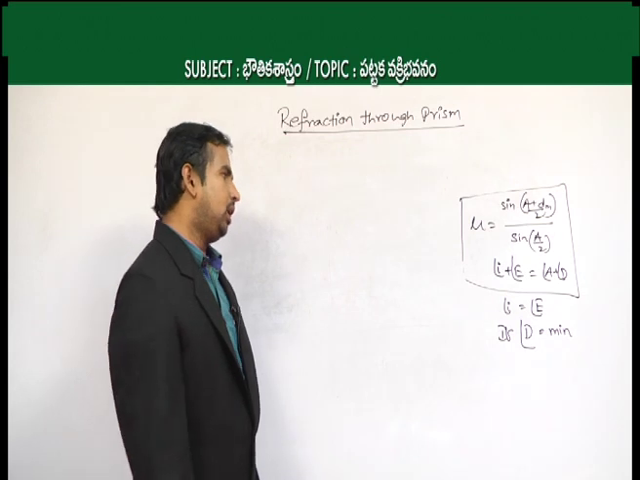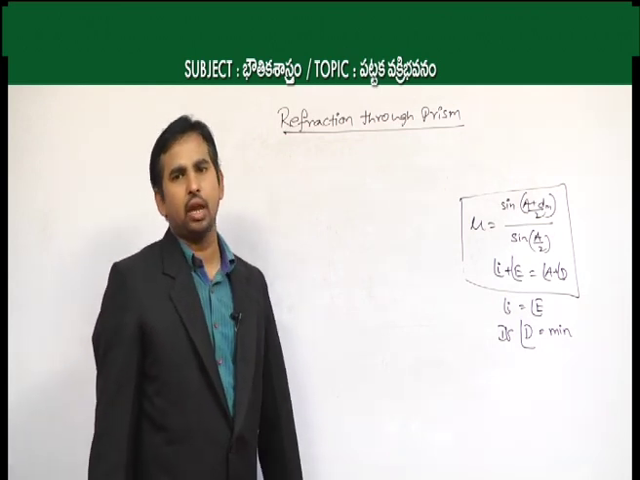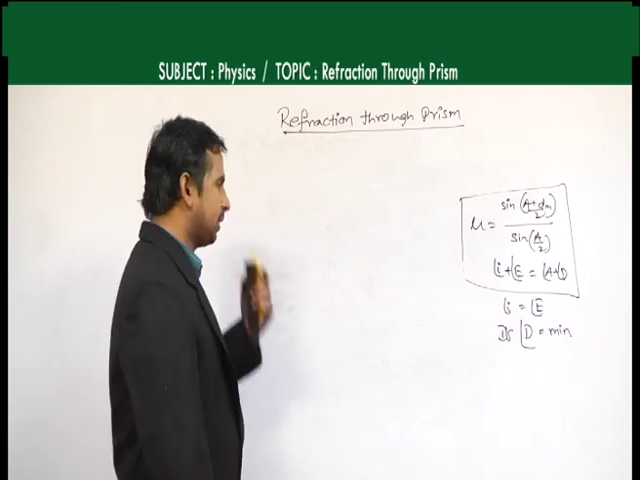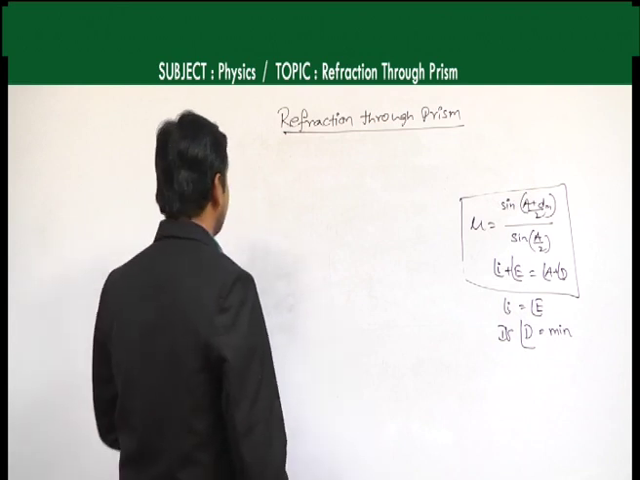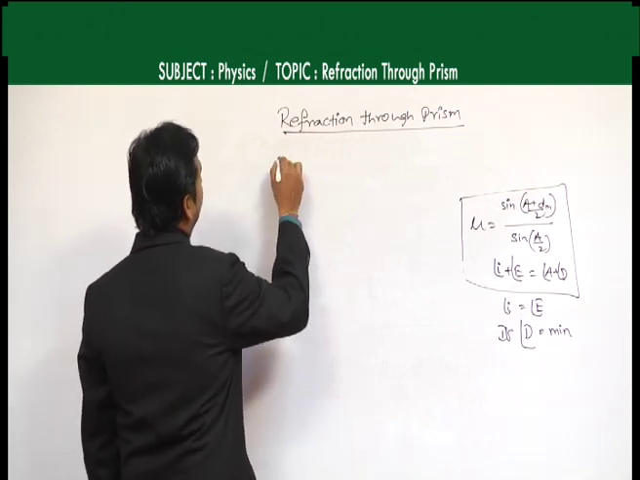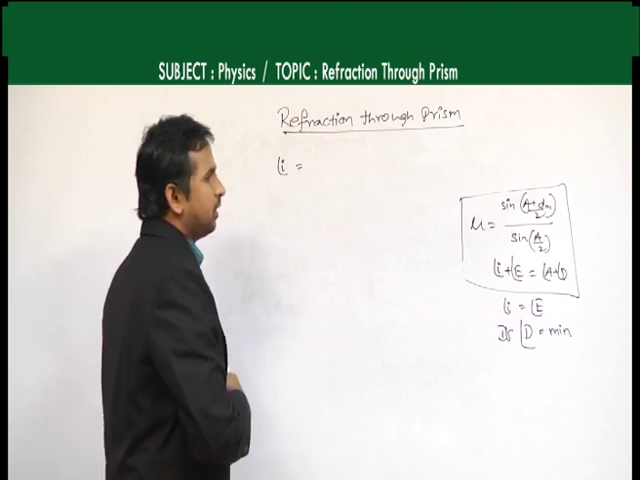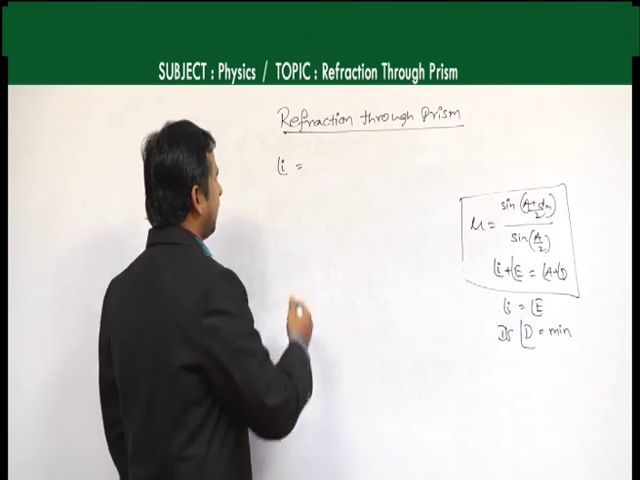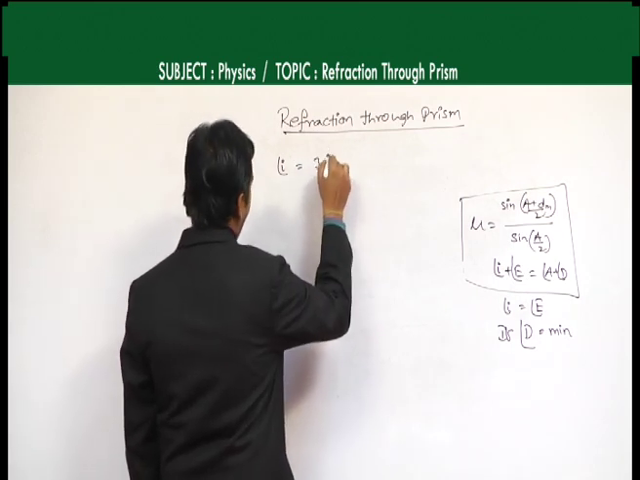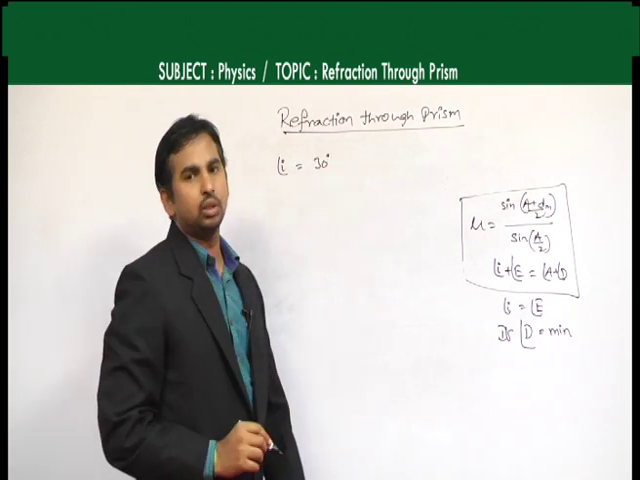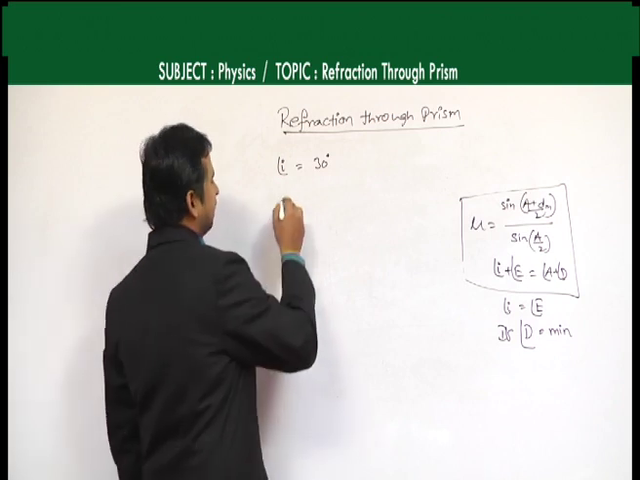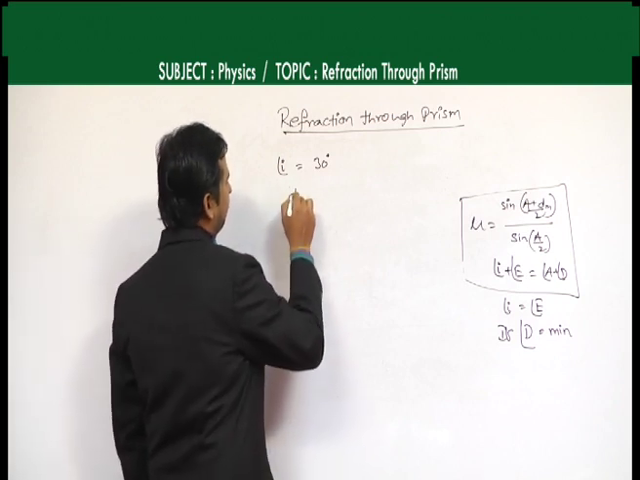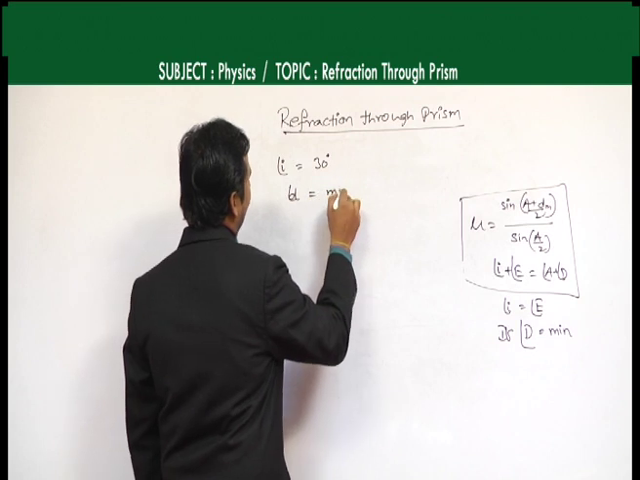Now, if you see any of the numericals depending on angles and their relations, they will ask a question like this. If you have the angle of incidence, meaning when an incident light ray strikes the refracting surface of the glass prism at an angle, let us say for example 30 degrees. Now, the question is, if you want the angle of deviation to be minimum,